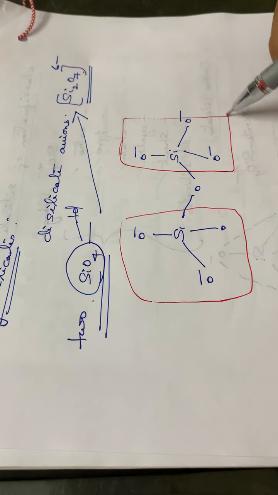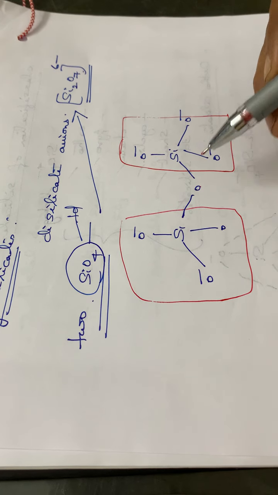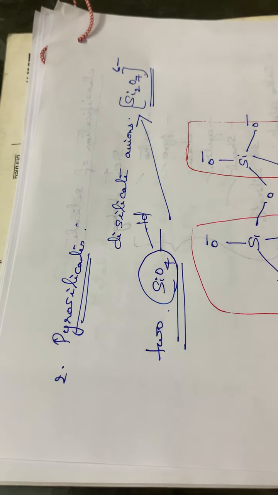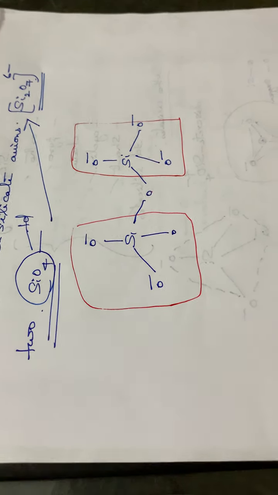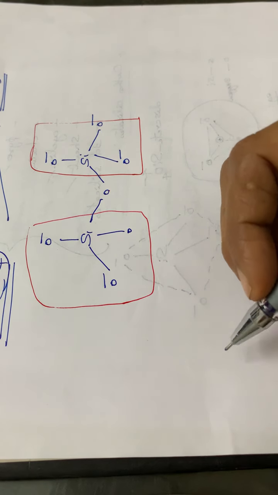So each tetrahedral unit will be sharing one oxygen atom in common. Okay, so that is the case of pyrosilicates. Normally these pyrosilicates are very rare to see, and some of the important pyrosilicates are,